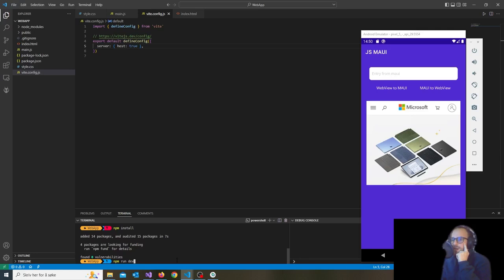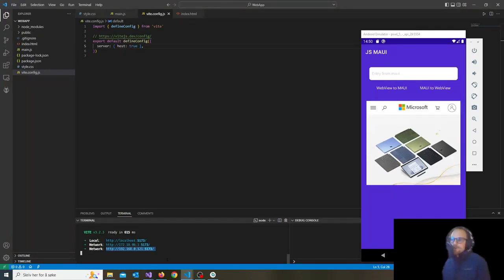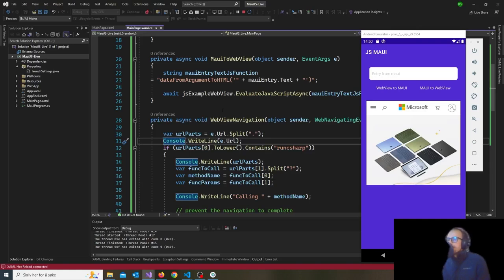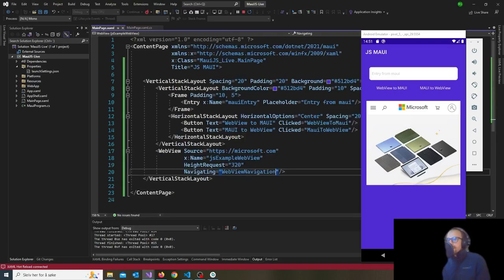So now we can type npm run dev in terminal. We will get, yeah, the network address. So I'm gonna copy this, and now we can paste this inside the main page XAML and change the Microsoft address,